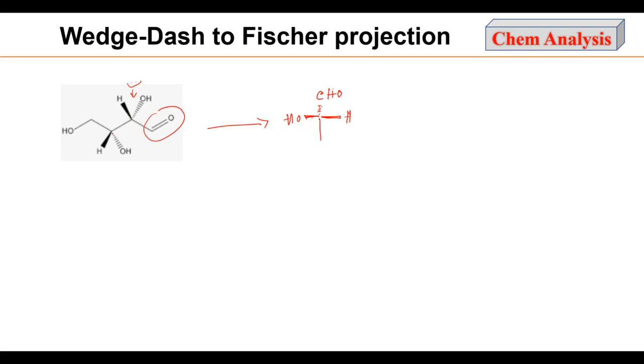And for the second chiral center, we have to see from this side, since the OH dash bond is oriented in this way. So if we see from this side, then we will see that the hydrogen atom will be on the left side and the OH group will be on the right side, and the CH2 group will be on the bottom of the vertical line. So if we fix it within a Fischer projection formula, then it will look like